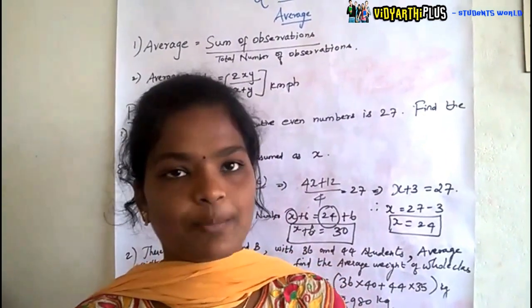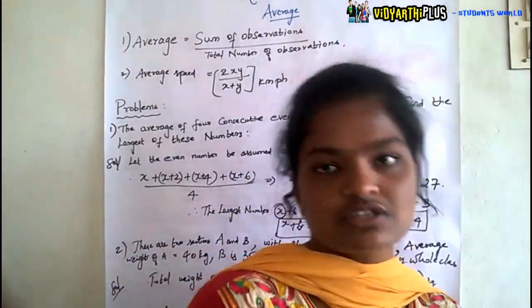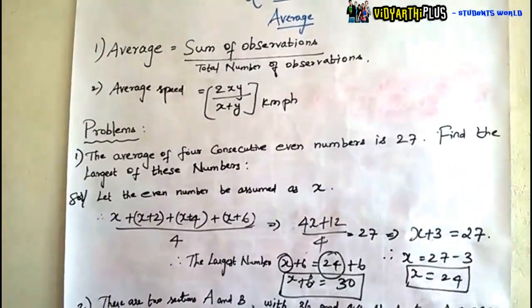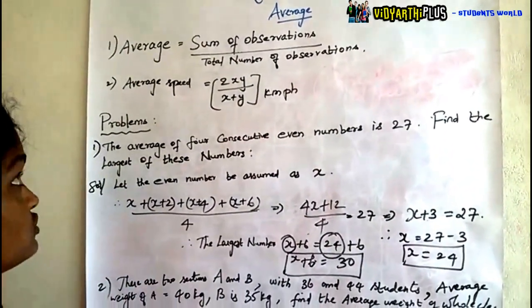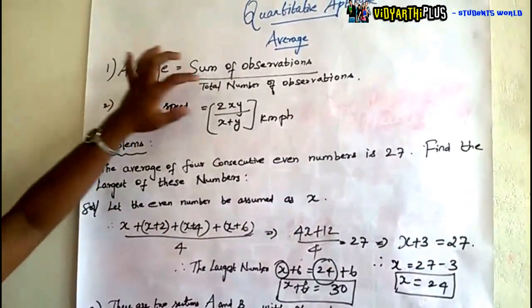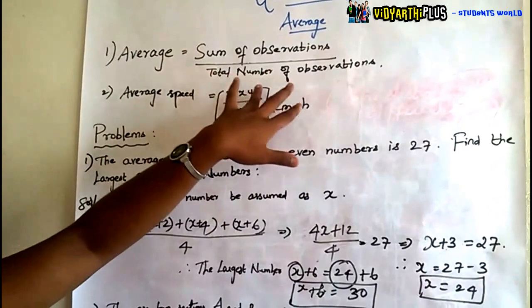One of the easiest topics in quantitative aptitude is average. Today we are going to deal with that. Before starting the topic average, we have to know two important formulas. The first is the average: the sum of the observations divided by the total number